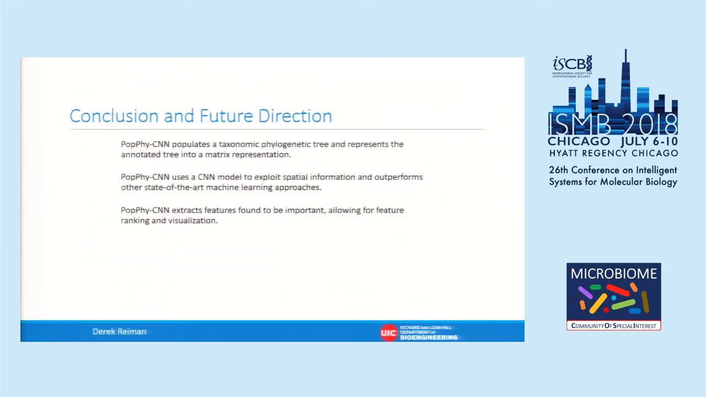So in conclusion, I'd just like to wrap up by saying our PopPhy-CNN framework creates a taxonomic phylogenetic tree and represents it as a matrix representation. It exploits the CNN model using spatial information to outperform other state-of-the-art machine learning approaches, and extracts features found to be important over the whole tree, allowing feature ranking and visualization. Some of the future directions would be to explore deeper convolutional layers, as well as adapting the model to handle